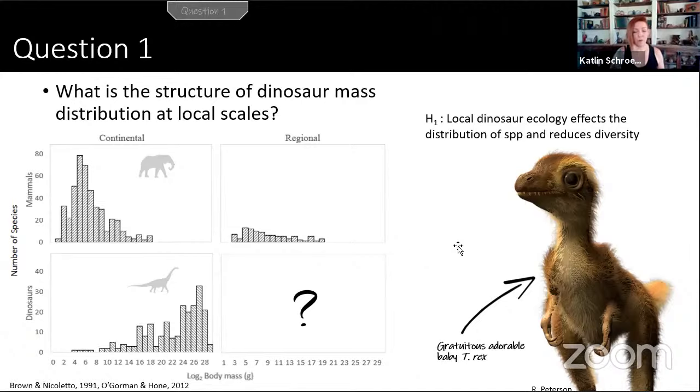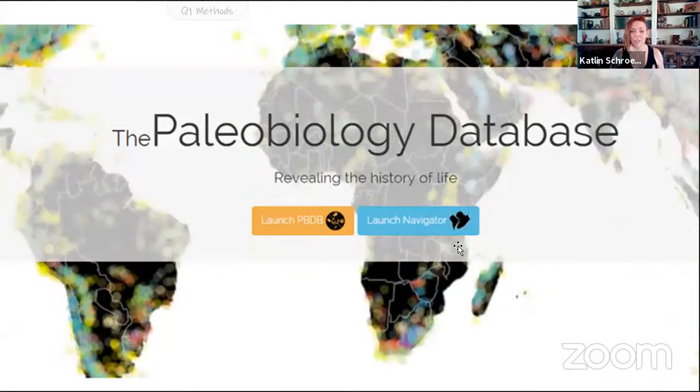So this is a fairly complex problem, right? Fortunately, we have this amazing resource, the PBDB, the Paleobiology Database. So we went to the PBDB and compiled 43 different communities from all 7 continents, a variety of biomes, because we want to take out as many contributing factors as we can. We want to be as random as possible with this. We looked at a bunch of biomes from different latitudes. Our communities all together contained over 550 dinosaur species. So we're looking at a fairly good sampling.